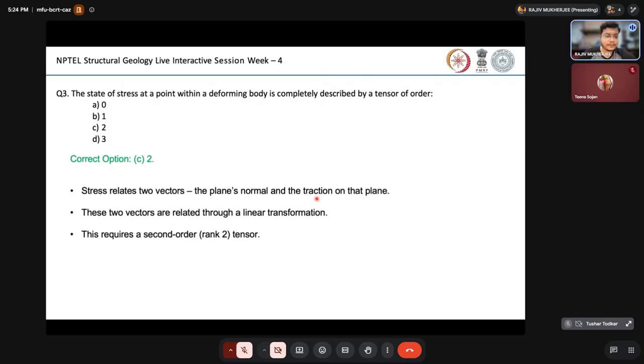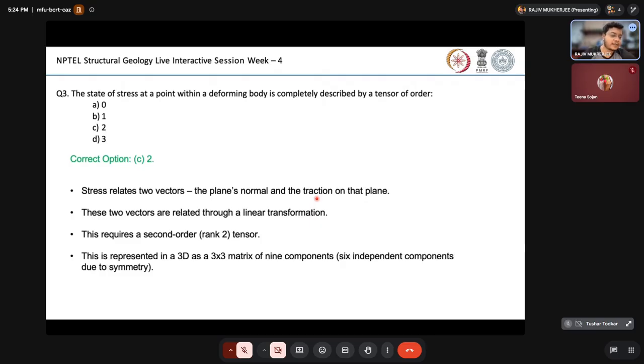And this requires a second order tensor, a rank 2 tensor. So we need to construct a matrix, and that is being done via linear transformation. And this is obviously represented in 3D as a 3 by 3 matrix of 9 components. But within those 9 components, 6 components remain independent and the other 3 components cancel out due to the symmetry